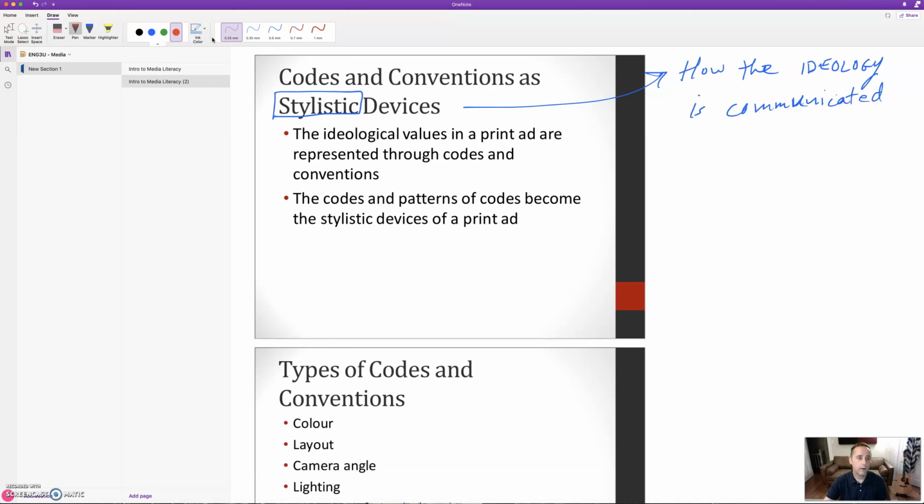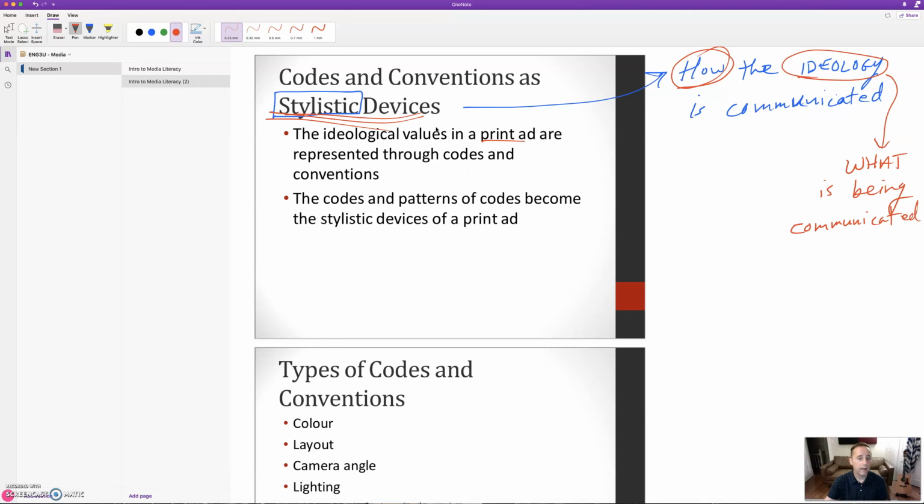Okay, we can think of ideology as, this is what is being communicated, right? Like some kind of value, some kind of idea. This is how, right? What's the style of how they do it, okay?